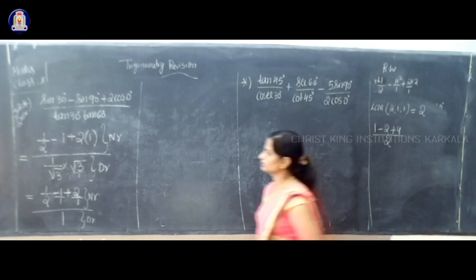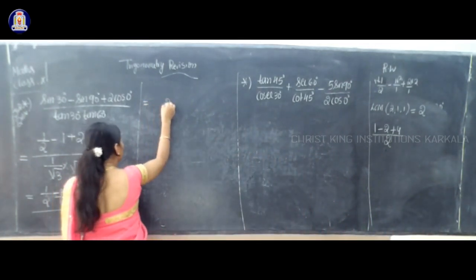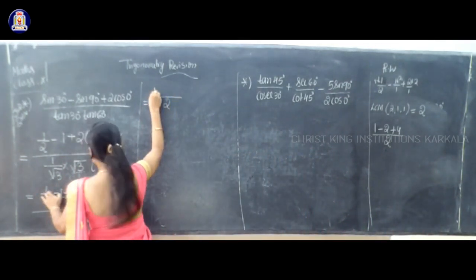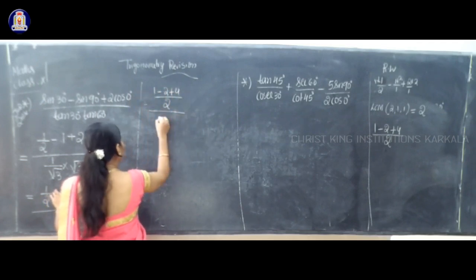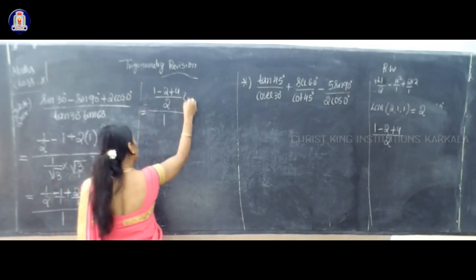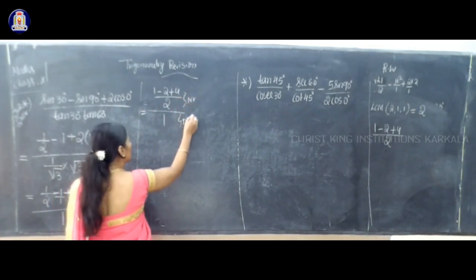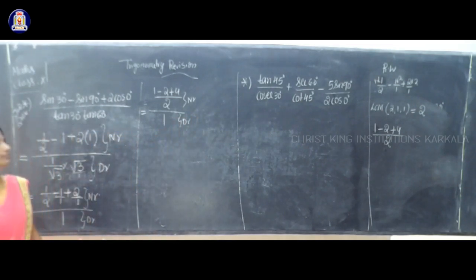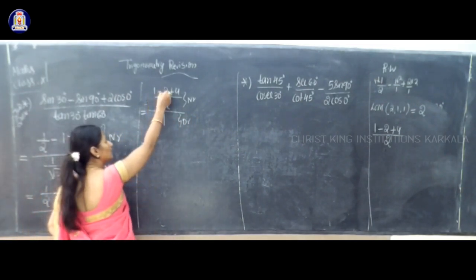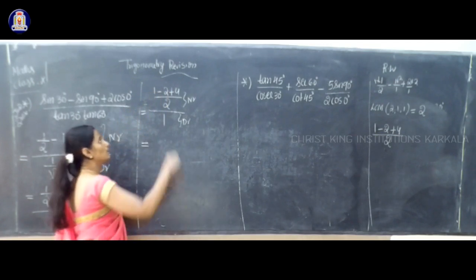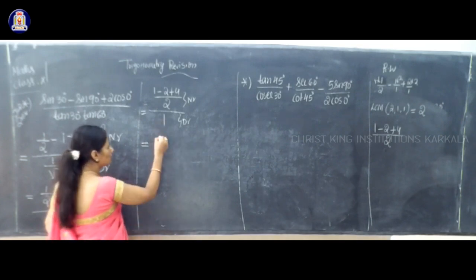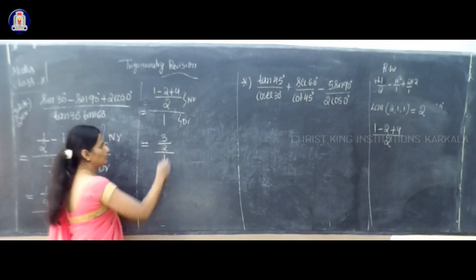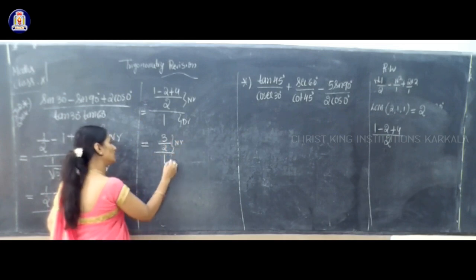So what is our substitution here? 2 is LCM. Next, 1 minus 2 plus 4 whole divided by 1. So this is your numerator and this one is your denominator. Clear that simplification? That is equal to 1 minus 2, which is minus 1. Minus 1 plus 4 is plus 3, divided by 2, whole divided by 1.